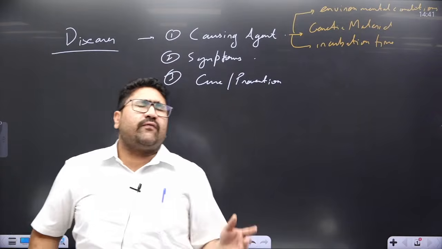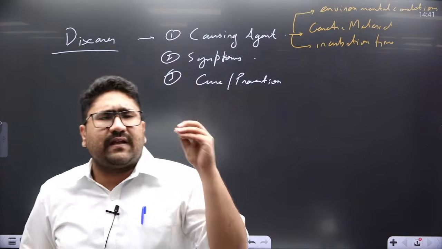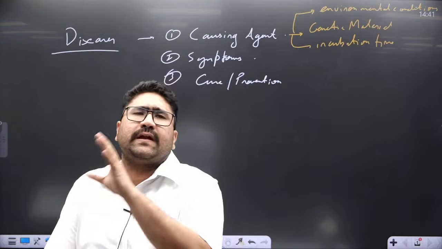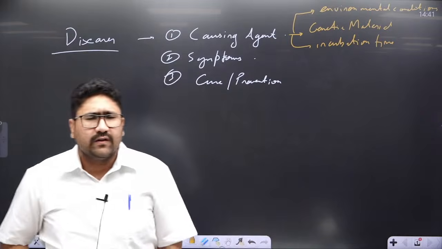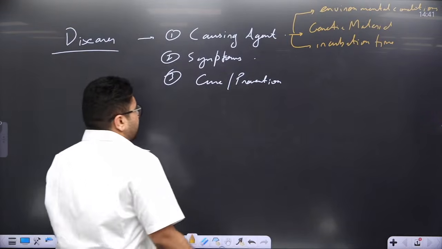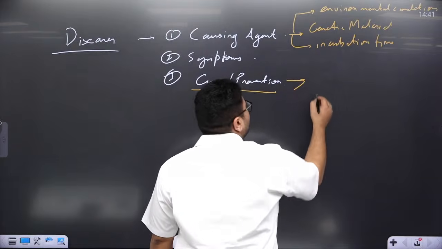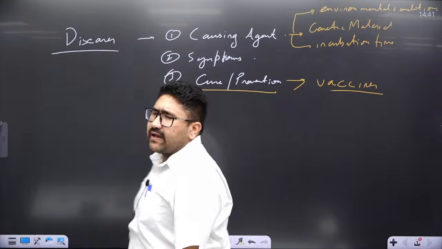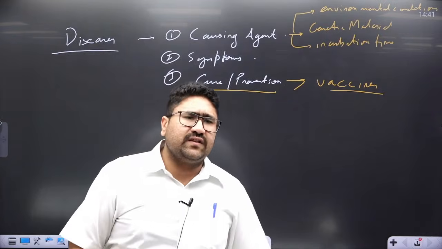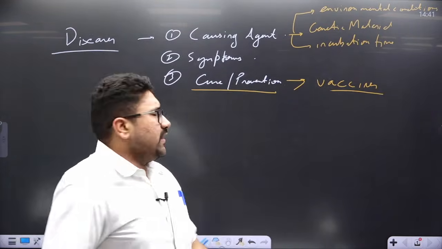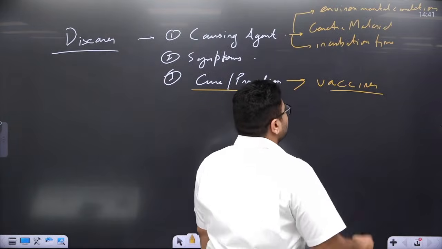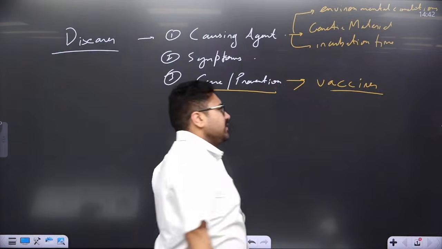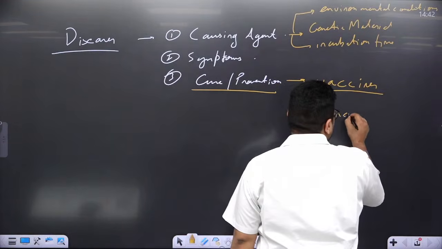Then we come to symptoms. For most of the diseases, the symptoms remain constant. There is headache, fever, vomiting, nausea, dizziness, loss of appetite. All these things remain constant for everything. Cure and prevention: here the questions are focused on vaccines, whether there are any available vaccines against the disease or not. Second, when we talk about vaccines, the question changes from the disease to the vaccine, and then they ask the nature of the vaccine.